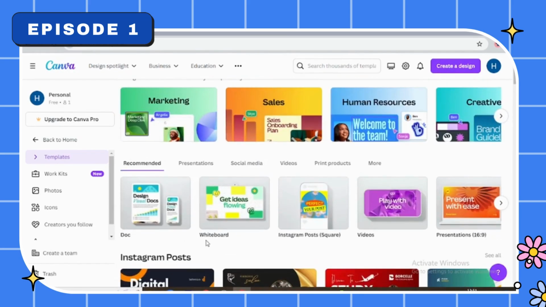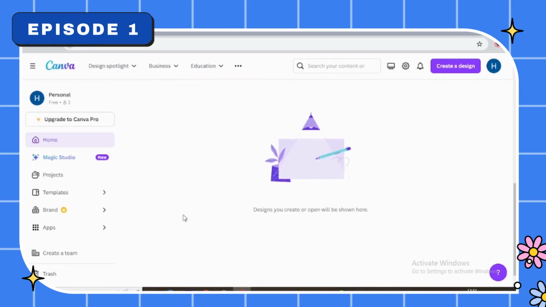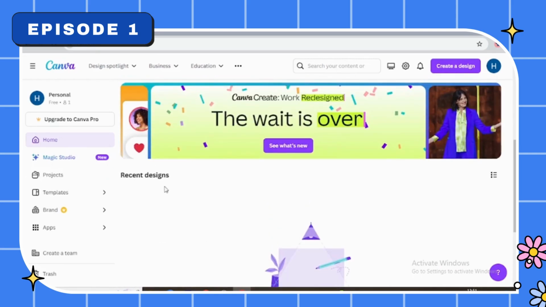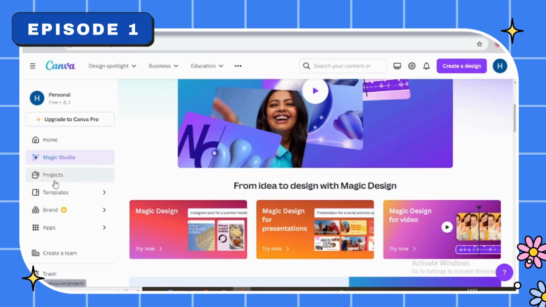Now, going back to the home, the center of the dashboard that is named the recent designs shows your recent designs. So, when you're working on a project and you are not able to complete it in one sitting, Canva automatically saves your design, and when you come back, you can easily access it from this recent designs tab. Also, you can find them in the projects tab here on the left. The projects panel, as I already told you, stores the projects that you have worked on or that you have completed.